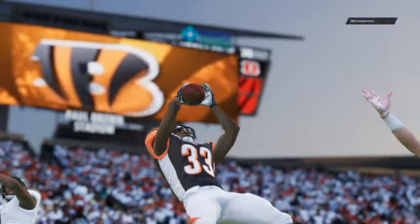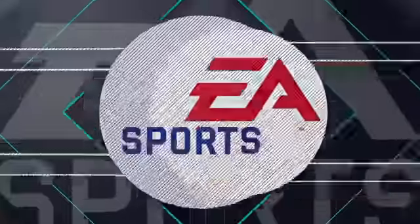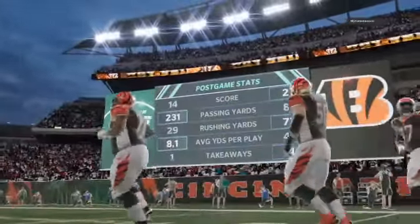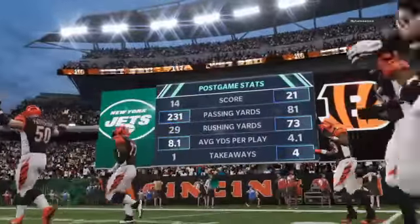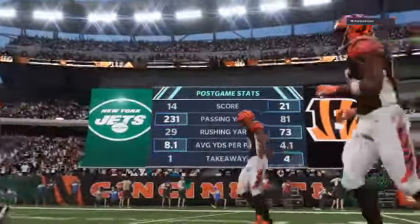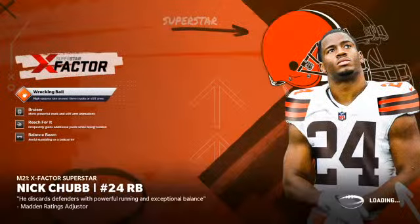Every snap was a major league brawl. They had to win at the line of scrimmage, win downfield. They got all those things accomplished. But to win a close one like this, you know, every team wants to be physical. We've heard that a million times, right? But those who are mentally tough, those are the teams that you have to deal with in the playoffs. This was that type of a game. So for the Bengals, it's a rare bright spot as they move to